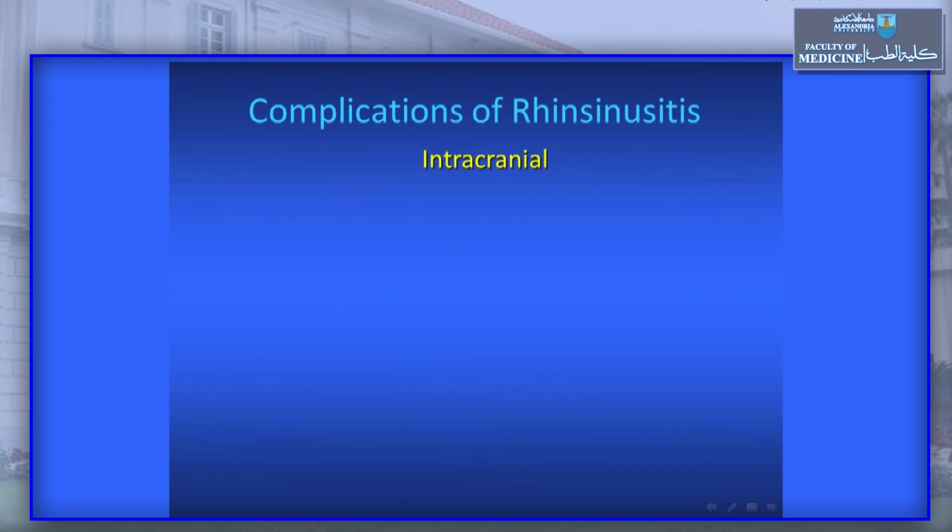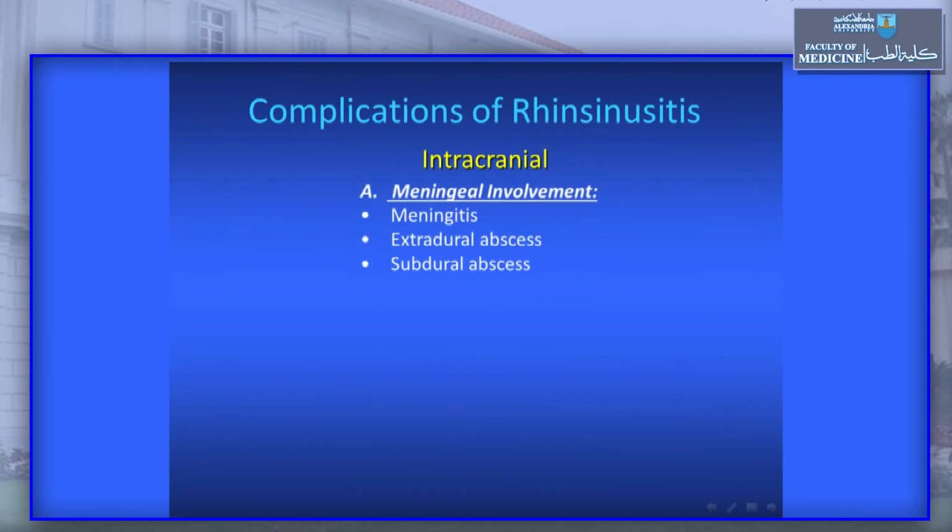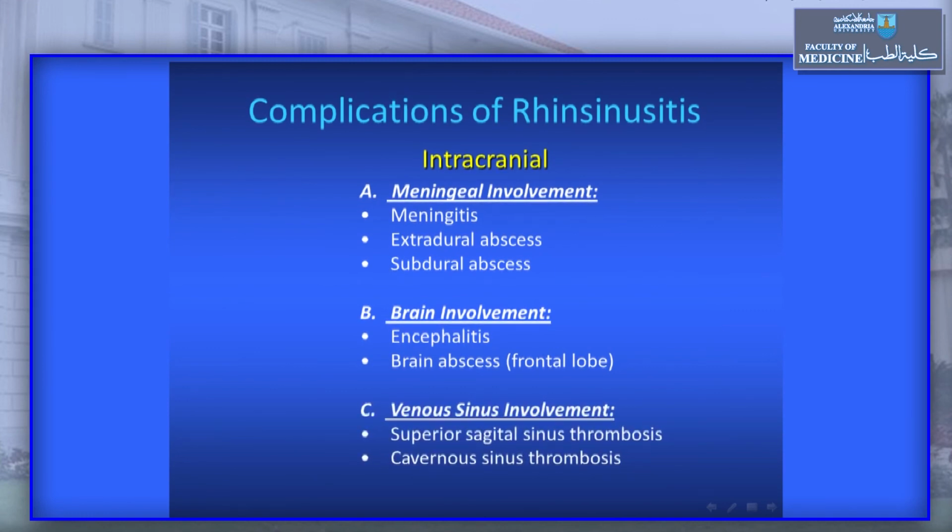The second group of complications are the intracranial, and these include meningeal involvement in the form of meningitis, extradural abscess, subdural abscess, brain involvement in the form of encephalitis or brain abscess, and if brain abscess occurs, it's usually located in the frontal lobe of the brain. The last category of intracranial complications are venous sinus involvement in the form of superior sagittal sinus thrombosis and cavernous